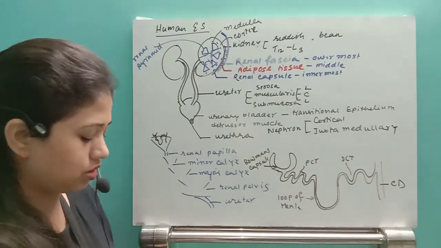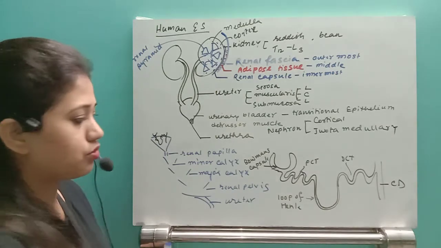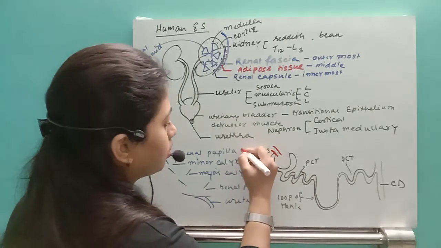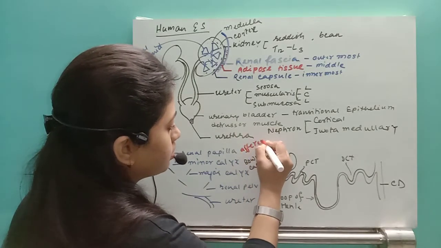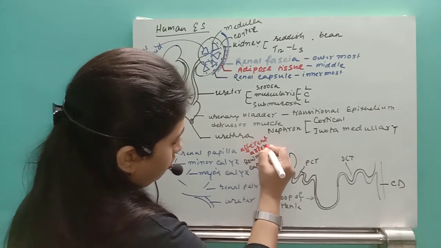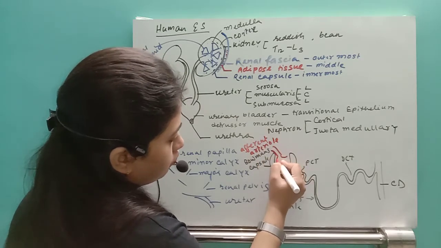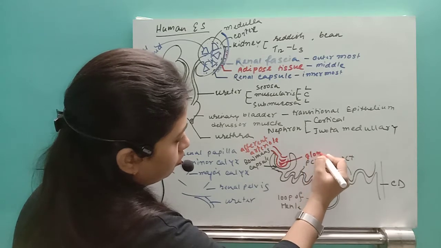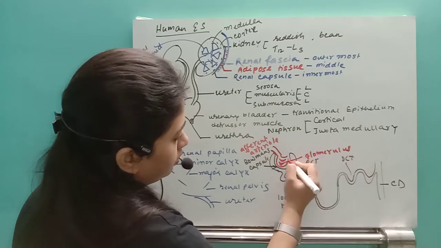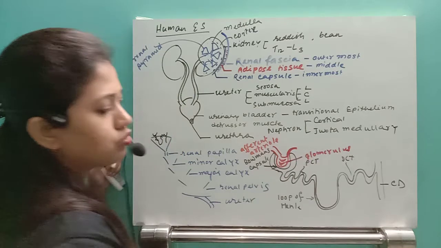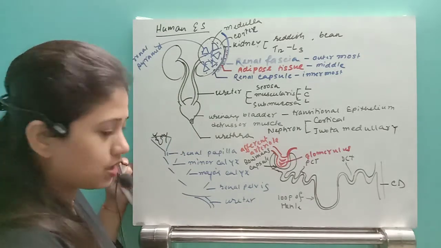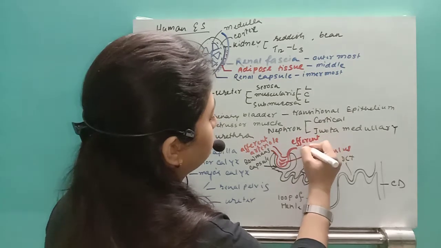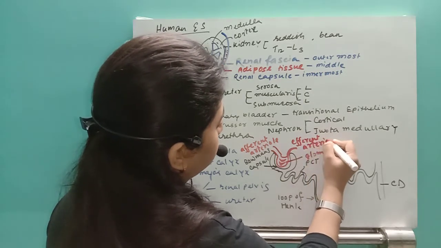So eventually this collecting duct will separate out the urine. Now towards the Bowman's capsule, a branch of artery will come, which will be called the afferent arteriole, right? This afferent arteriole will get a number of branches, which will be called the glomerulus, and eventually this small tube will come outside of the Bowman's capsule, that will be called the efferent arteriole.